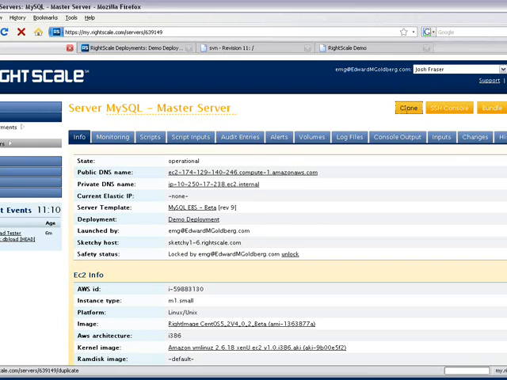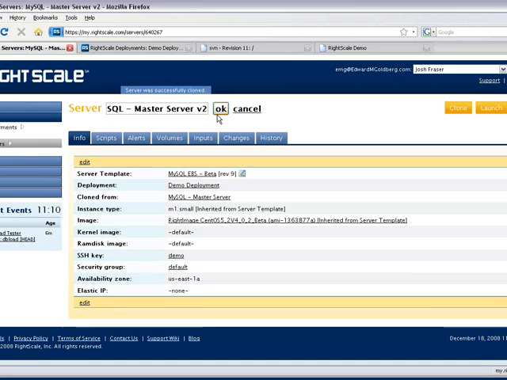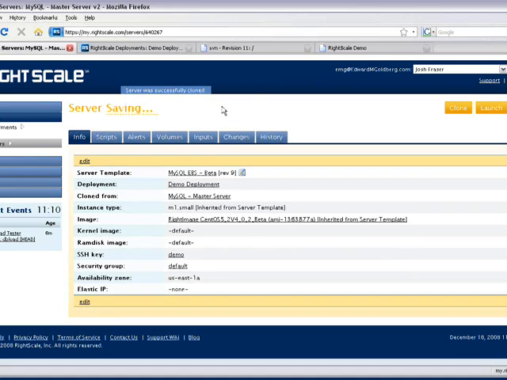So I click on the clone button, and I create a new copy of my master server. Note the new server is not operational. It's just the definition of the server. And I'll immediately change his name to master copy. No, new slave. Be better? New slave. That way I'll know that it's a new slave that I'm creating. So I click on OK, and it'll be shown in the deployment as the new slave, but I won't